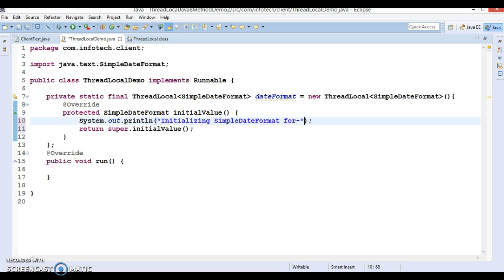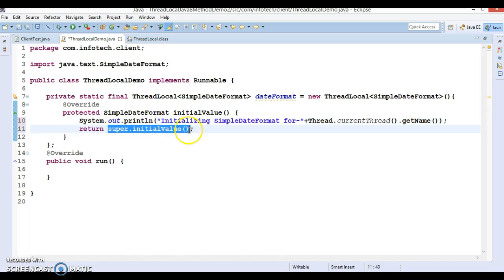Now we can return a new simple date format, and here we can specify the pattern, dd-MM-yyyy format.